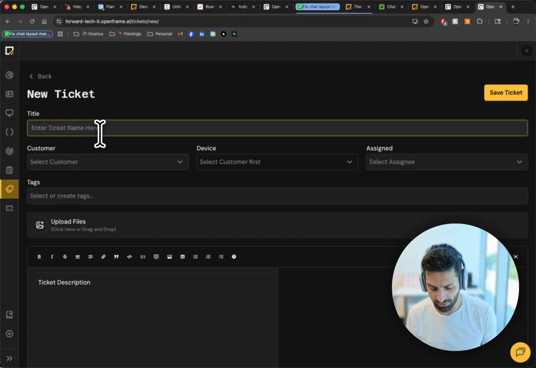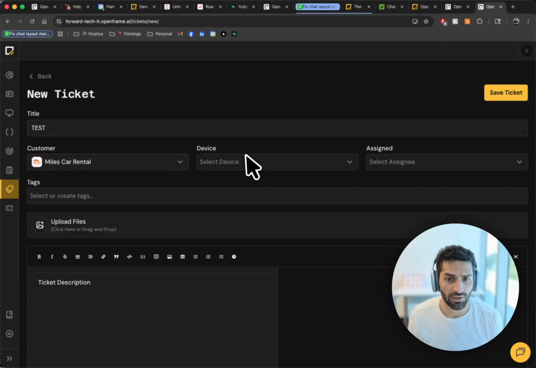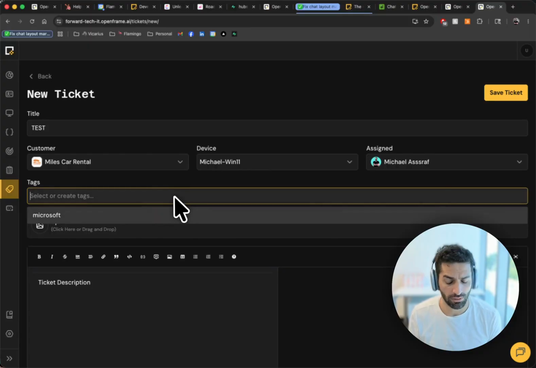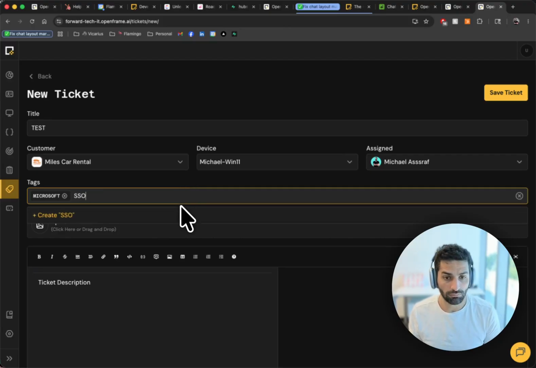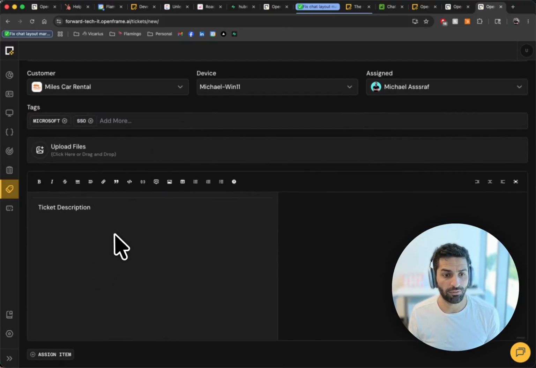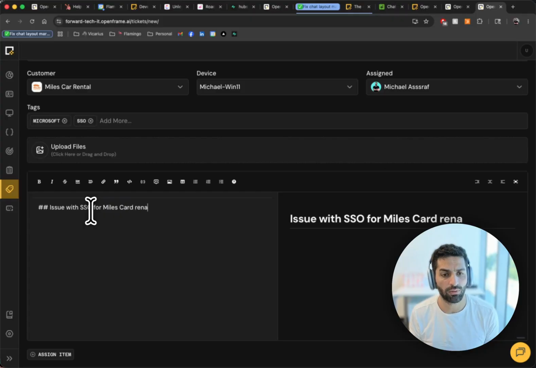But let's start with creating a new ticket. This is manual ticket creation from the technician side. So let's add here test. You can select the customer, select the device, select the assignee, your technician. Let's add some tags and let's call it SSO. You can upload files here, and the ticket description is fully markdown. So we can use things like issue with SSO for Miles Car Rental,